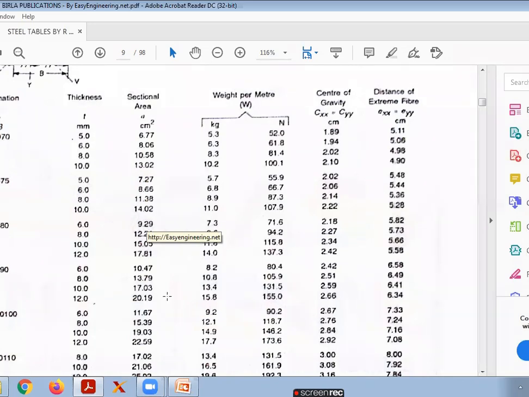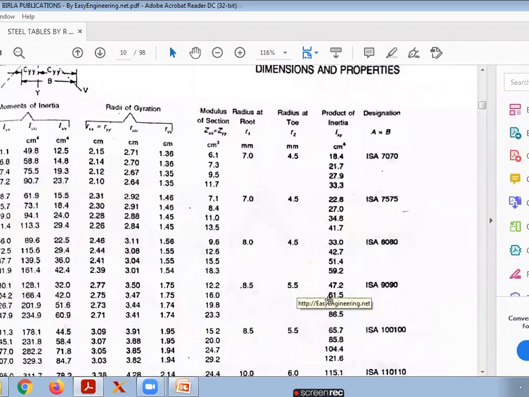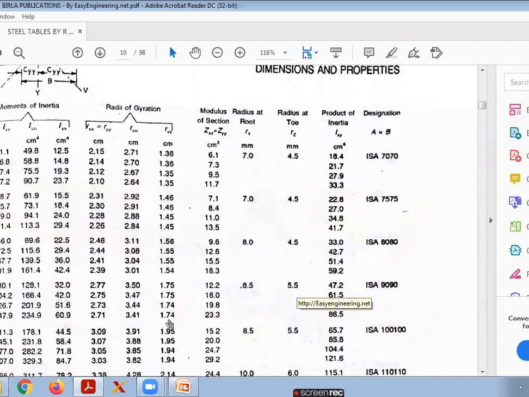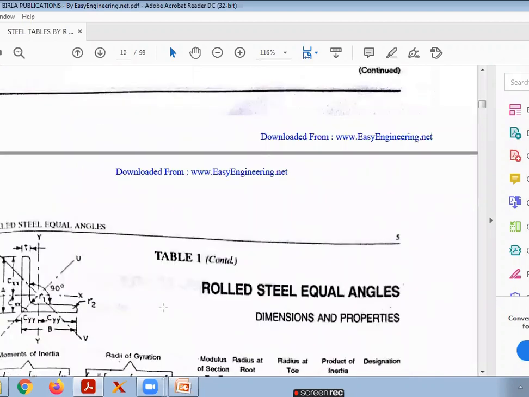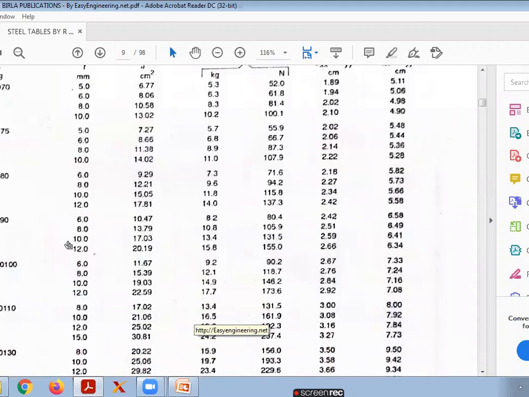So for this case, what is the r minimum value? Here you will go through this one. Here you see the r minimum value is 17.4. That is the r_vv value. 1.74 in centimeter they given, so you will take 17.4. So my dear students, please go through the steel tables and whichever is nearer to the 2000 mm square area. Here ISA 90×90, 12 mm thickness is nearer to that. So that's why 20.19 we are taking here.